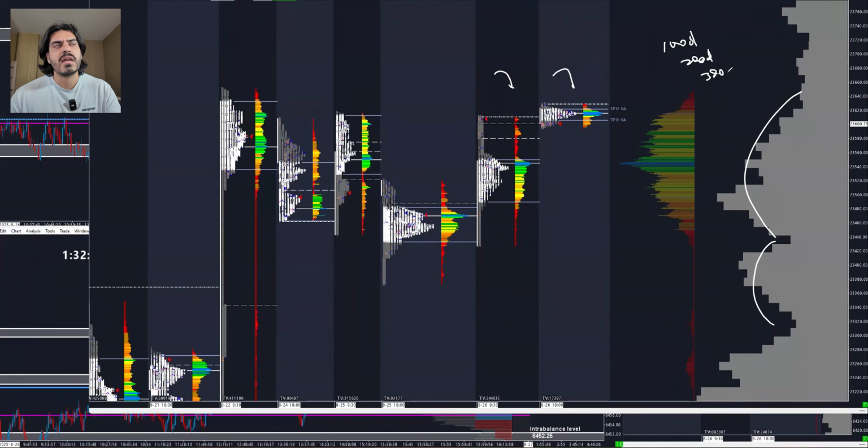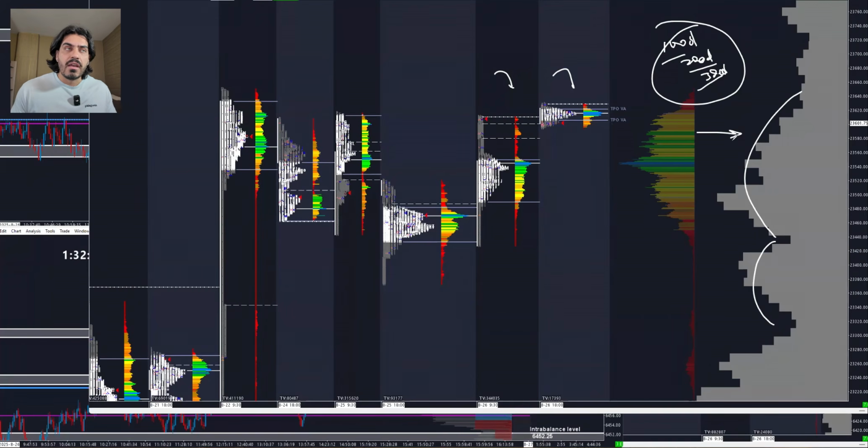Like I said, it doesn't really matter how large the heavy composite profile is, because the whole point of the heavy composite profile is to understand where there are really thick, heavy balances. Realistically, if I change it to 100 or 200 day, you're not going to see much of a difference. The areas are going to be the same. So we're going to be looking at these composite profiles a lot to dictate where balance is,